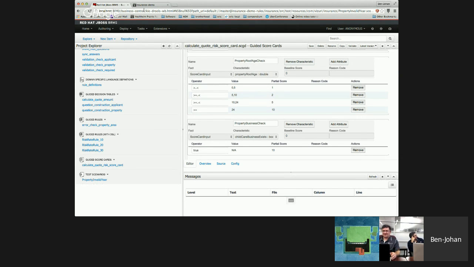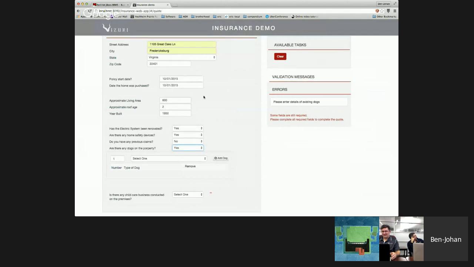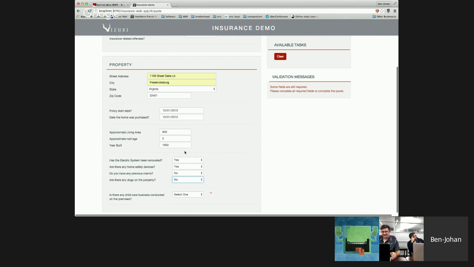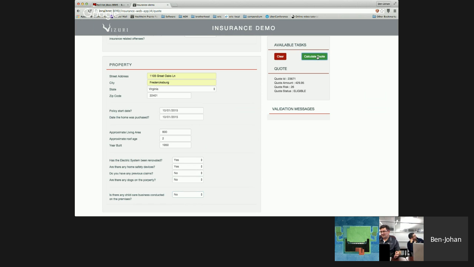And what I want to show here is when we do the demo and we actually go ahead and fill in all the fields, suddenly you see all the messages go away. It actually found out there's no more required fields, everything's filled in, everything's valid. Then you can hit calculate quote. So when we calculate a quote, it generates a quote, it gets an ID, and it says that's the amount that the quote is going to be, and we calculated something called the risk, and that's where we use the